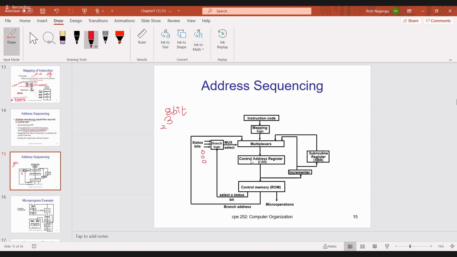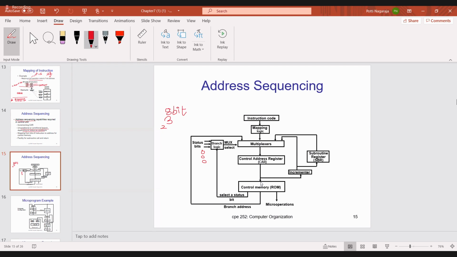What is CAR? CAR is the control address register. It contains the address of the micro instruction which is present in the control memory. This is the control memory where control words are present.